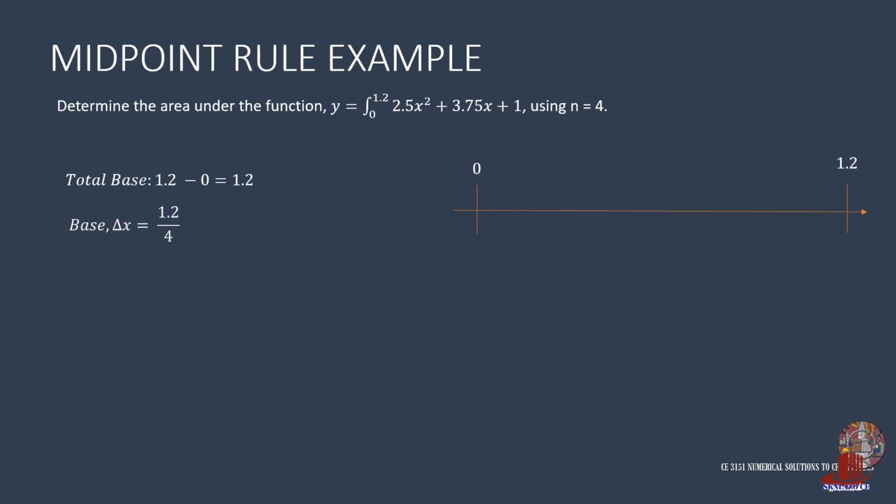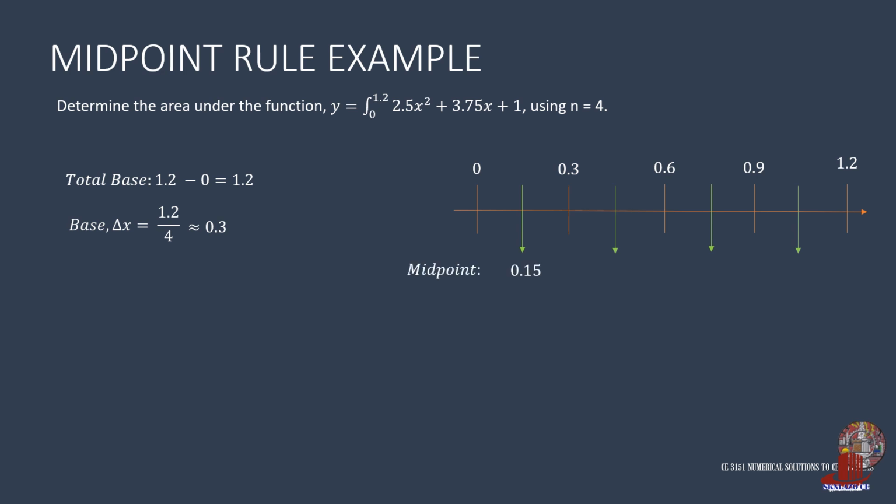This base is divided into 4 intervals, giving delta x as 1.2 upon 4, or 0.3. So the x coordinates are taken as 0.3, 0.6, and 0.9. To solve for the height of each strip, take the midpoint, making 0.15,